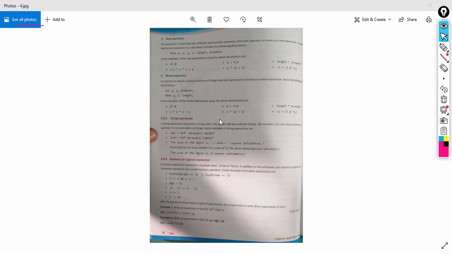Next we can see real expressions. If an integer expression is like this, then what will a real expression be? A real expression will definitely contain arithmetic operators along with real variables and real literals. Real variables means floating point variables, maybe float or double type, used with real literals such as floating point numbers. Here you can see the example.